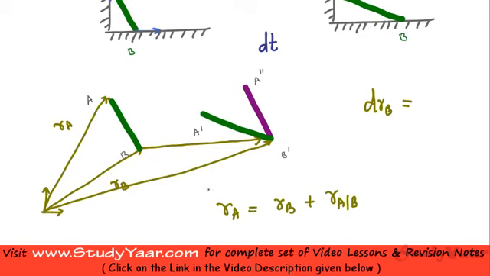Similarly, the change in RA: this is the final position for RA, right? The initial position for RA is this. So the change in RA is